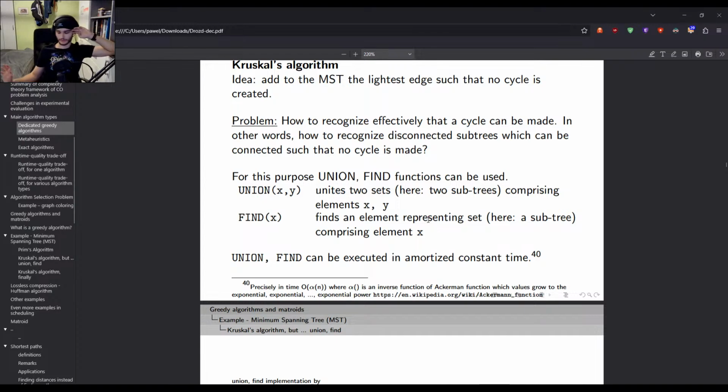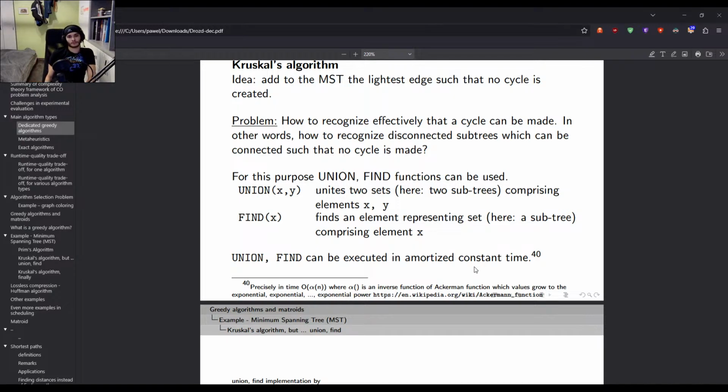So yeah, find x just returns some element from the set that x belongs to. Very well. Okay, so union would just take as arguments two elements, x and y, and it would unite the sets that these two are contained within, in amortized constant time, precisely in time